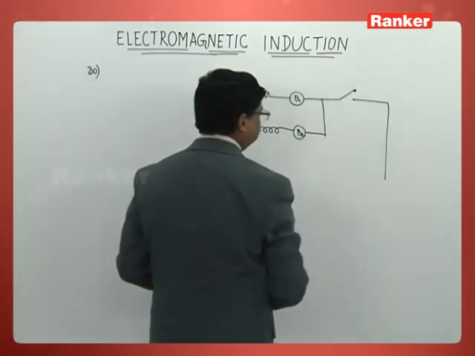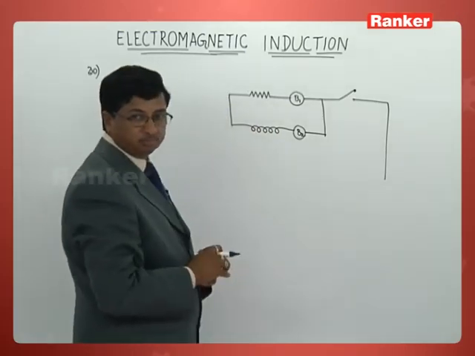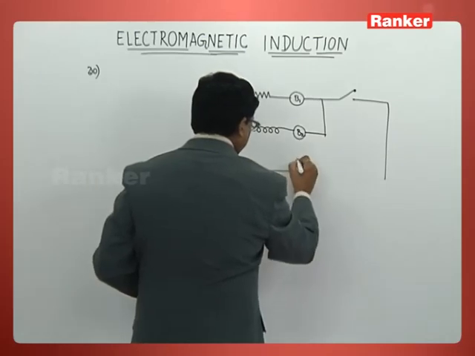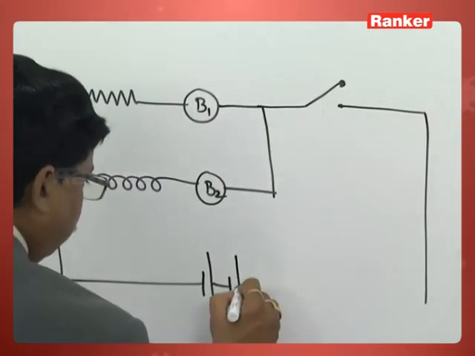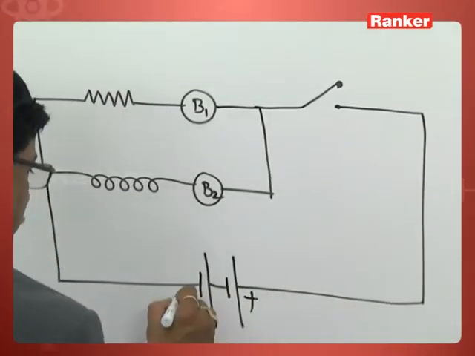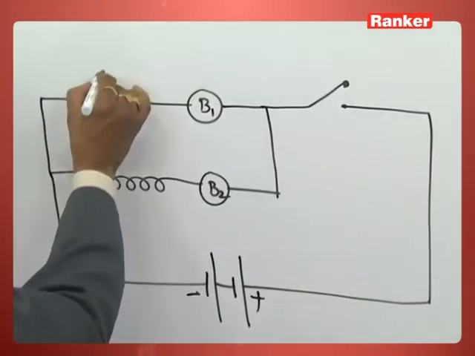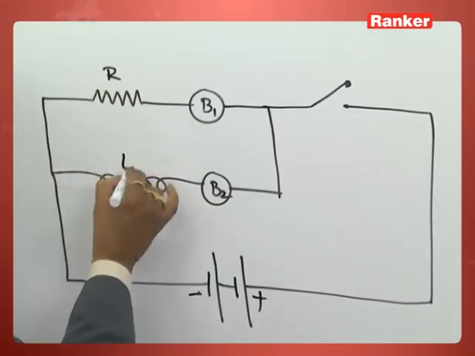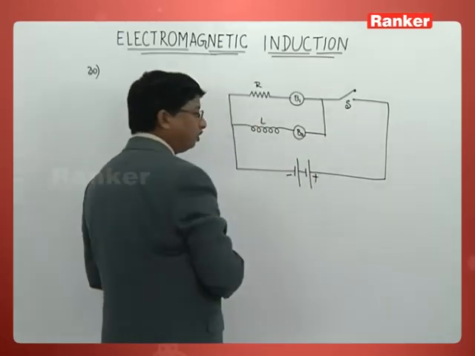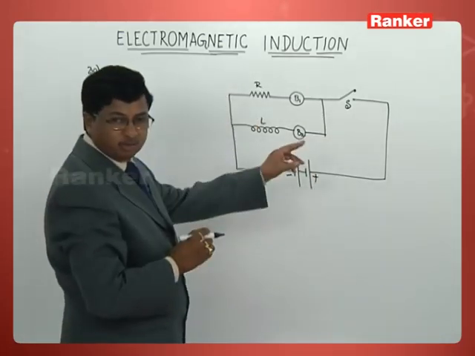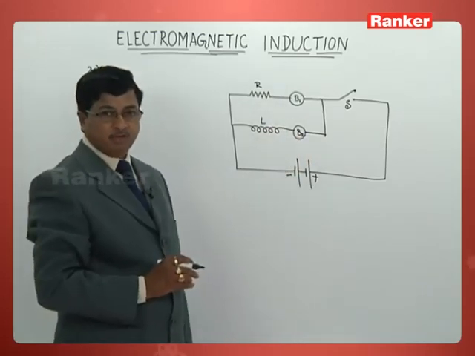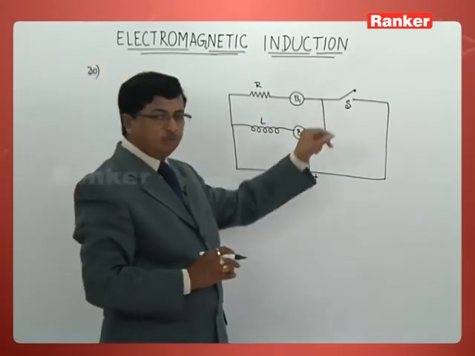On the other side, we have a series of cells which provide the required potential difference to the system. This is resistance, this is inductance. This is the so-called switch he is talking about, the first bulb is B1 and this one is B2. Now the concept is when you switch on,